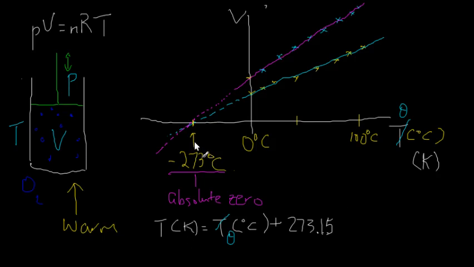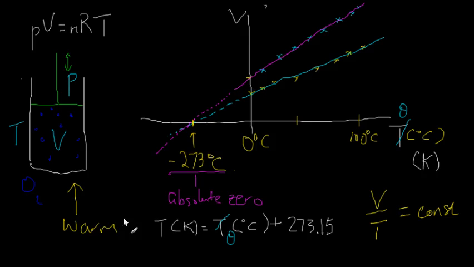So, using the Kelvin scale, the formula that relates the V and the temperature would be: V, volume over temperature, is equal to a constant. Right? And the reason is that if you're using the Kelvin temperature for T,